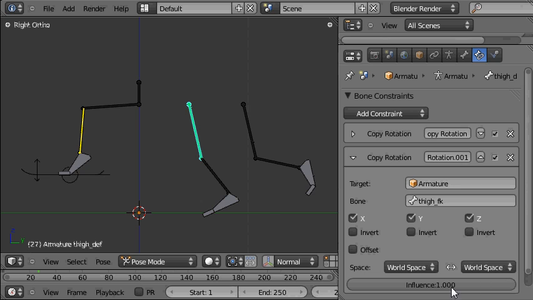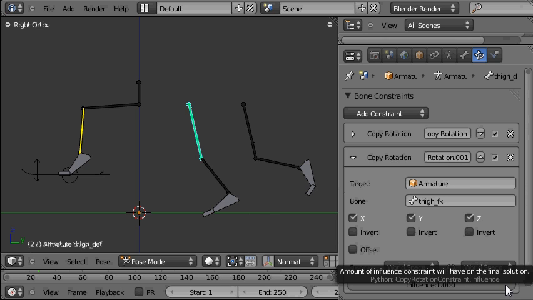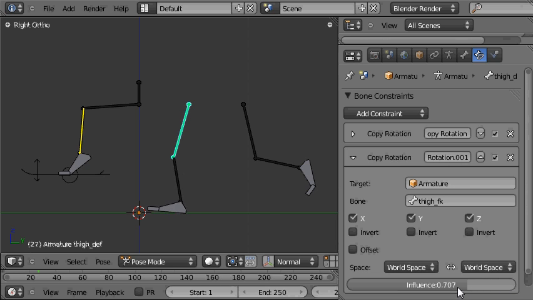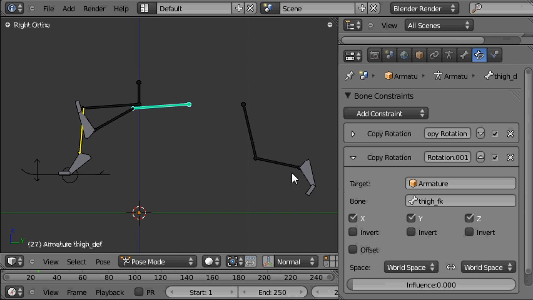If I come down to this influence on the second constraint and then pull it down, you can see that as it approaches 0, the thigh for the deformation bone reverts to the first constraint, which makes it copy the rotation of the inverse kinematic thigh. We'll use that fact in a moment, but first I'm going to